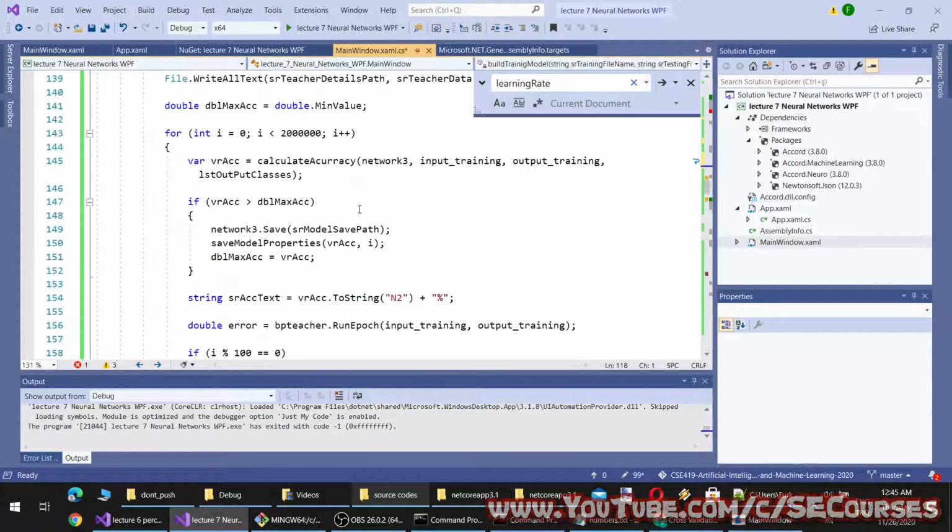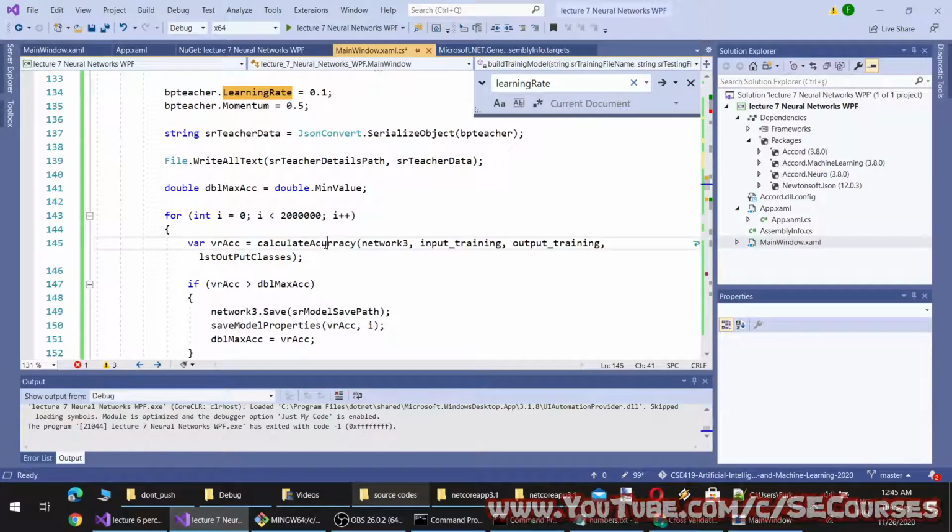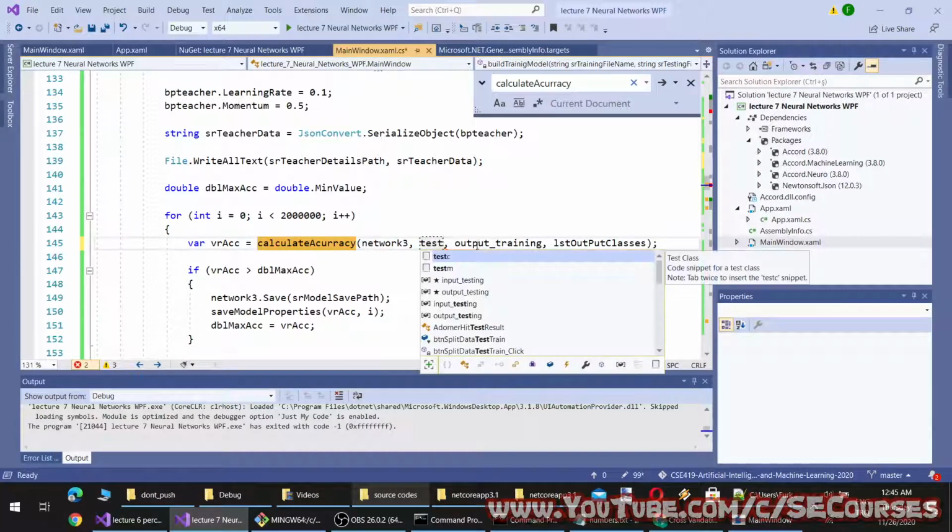Okay, so when testing the accuracy, this time we will use different input and output.